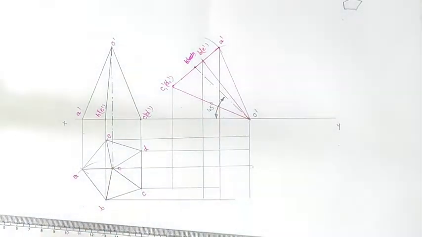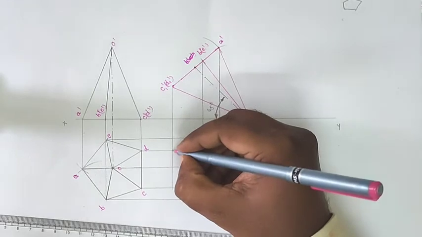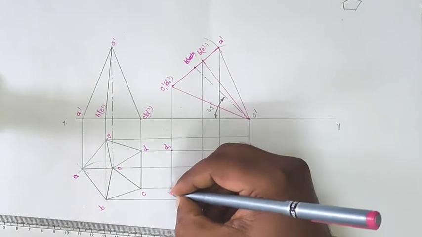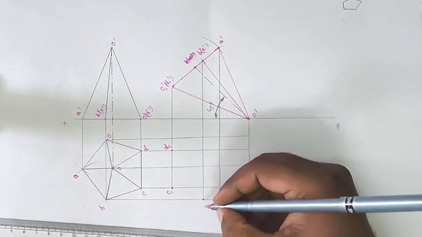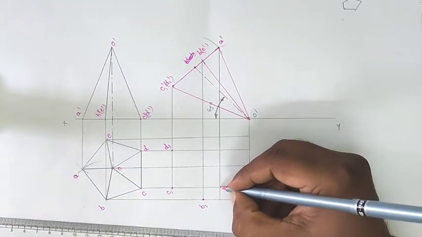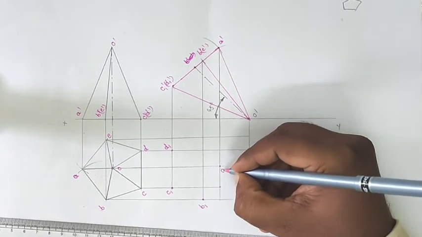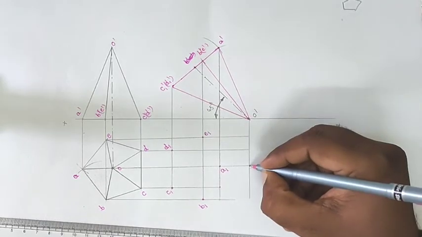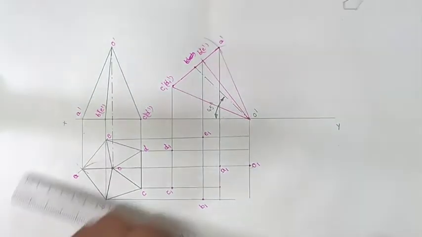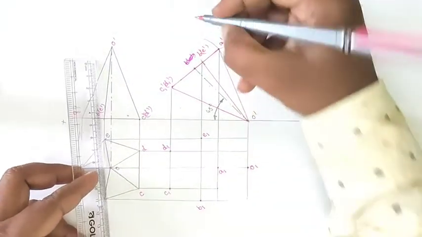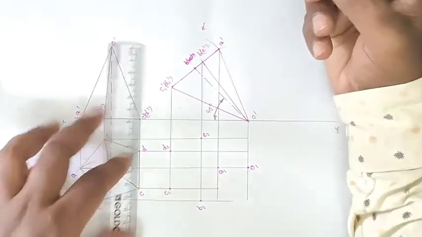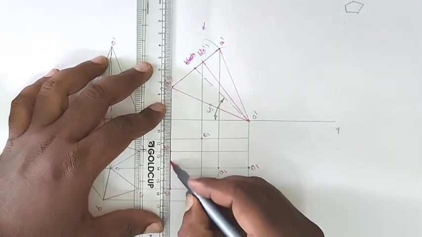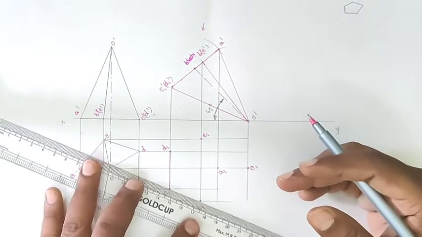Locating the corresponding intersecting points. So here we'll get D1 point. So here we'll get C1 point. So here we'll get B1 point. So here we'll get A1 point. Again here we'll get E1 point. Here we'll get O1 point. Now we can join. So this is the direction of the top view. So we can see all the points, so joining all the points we'll get the final top view of